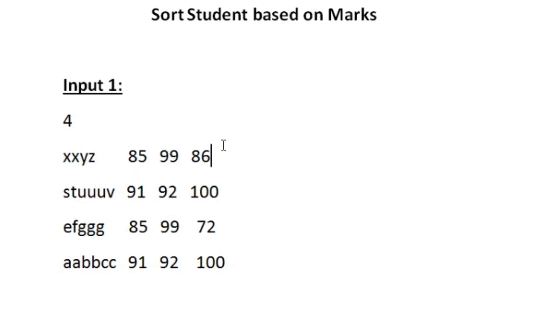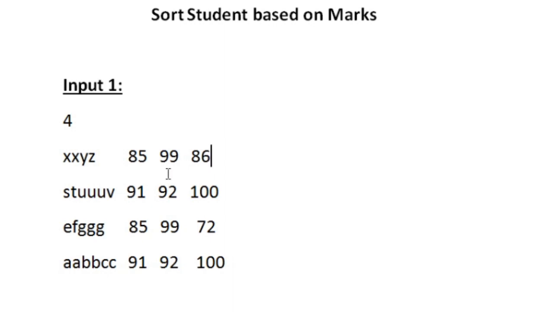To sort the students, we are given multiple conditions. The first condition is we have to sort the students based upon their marks obtained in Maths. The student who has obtained more marks in Maths would be first. Suppose two or more students have obtained the same mark in Maths, then those students must be sorted based upon their marks obtained in Physics.